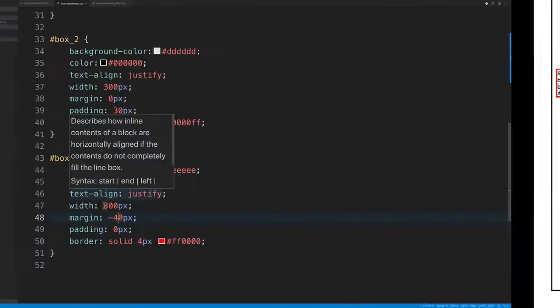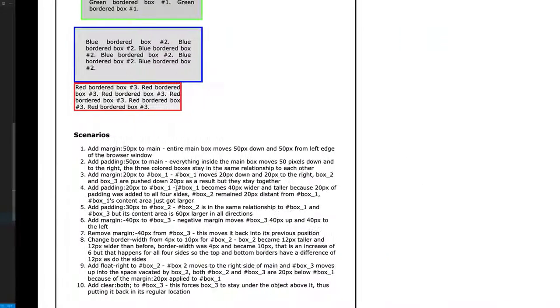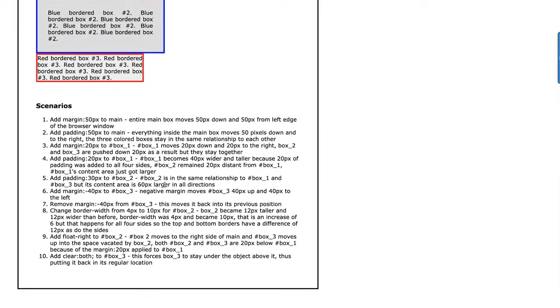So I added negative margin of 40. Now it wants me to remove the negative 40 from box number 3. Okay. And by the way, it really pays to do this by yourself instead of watching it. Just saying. All right. So step number 8, change border width from 4 pixels to 10 pixels for box number